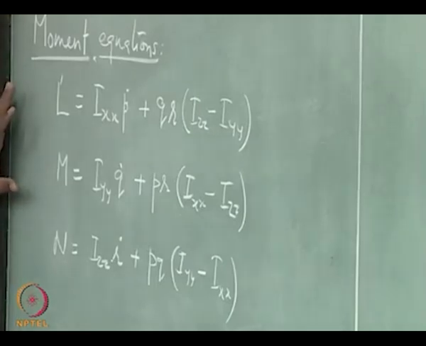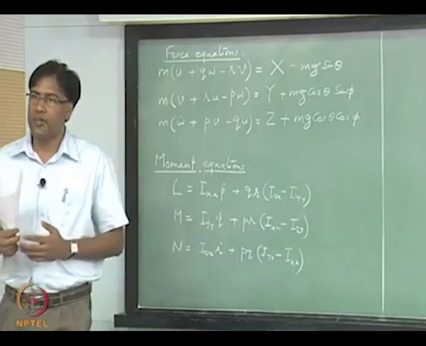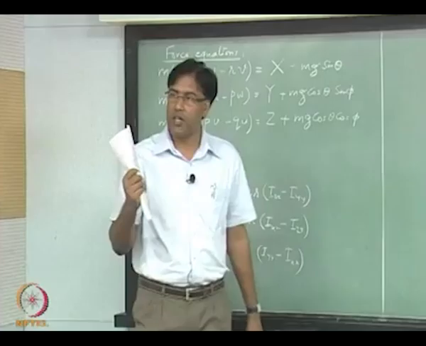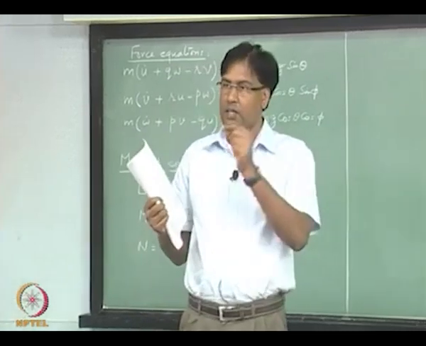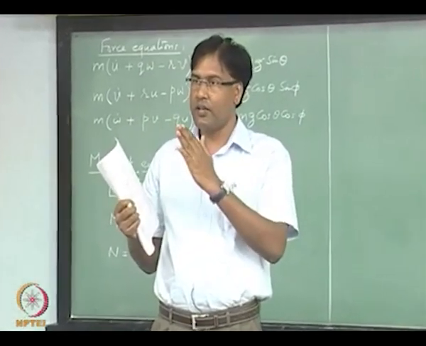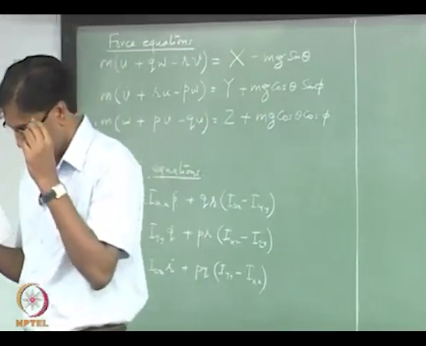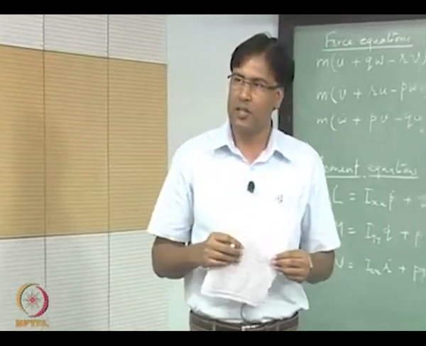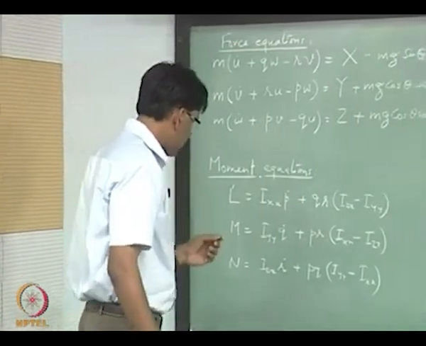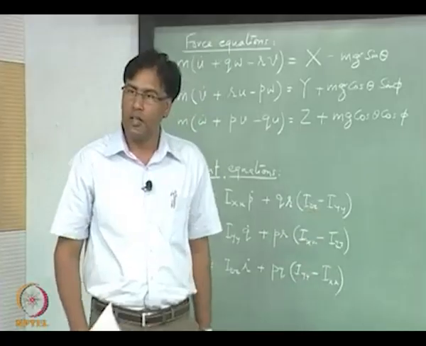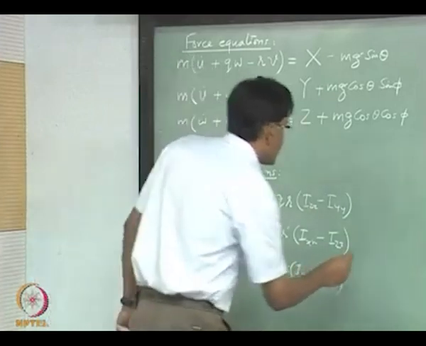This is assuming that the body fixed axis system is coinciding with the principal axis system of the aircraft. Okay, which is not a bad assumption, because it depends where you define your origin of your body fixed axis system, and the origin will be placed at the center of mass, right. So we can safely take this assumption, right. So assumption here is that